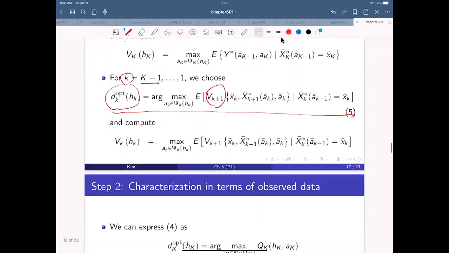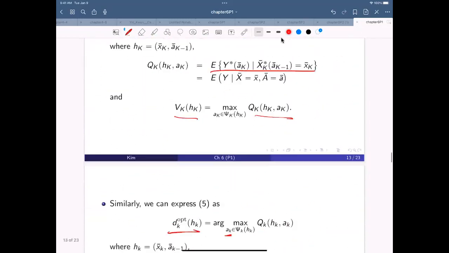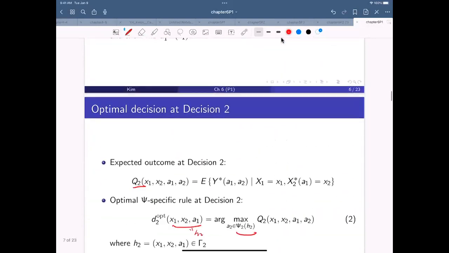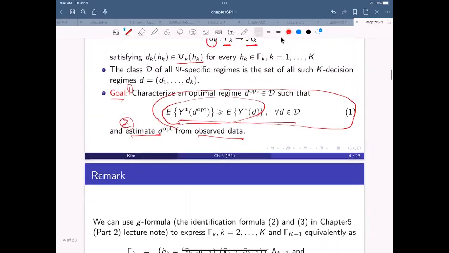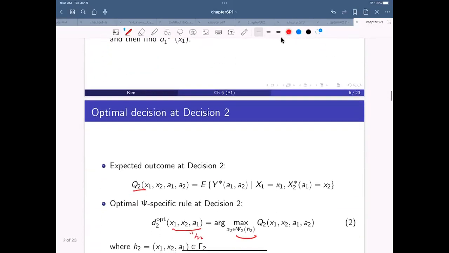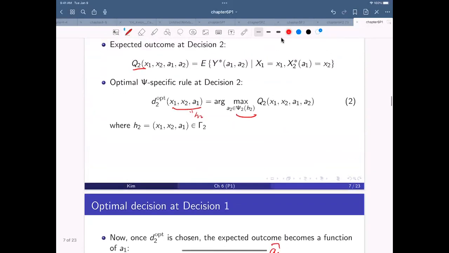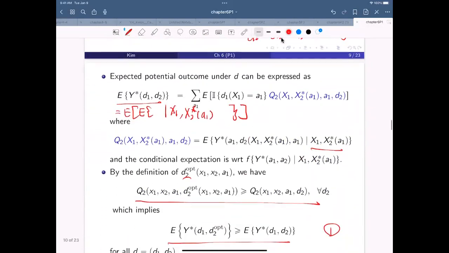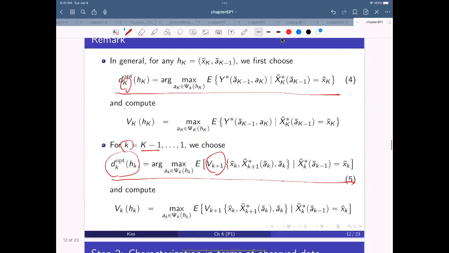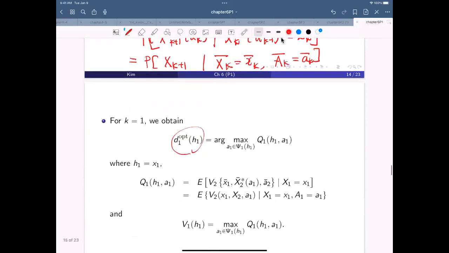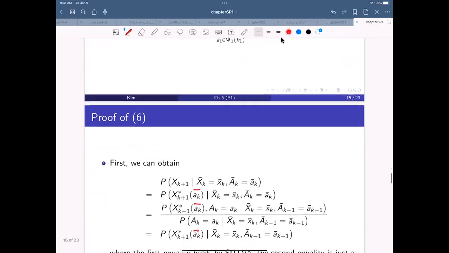As you can see here, in the start with the toy example. Yeah, so anyway. Okay. So